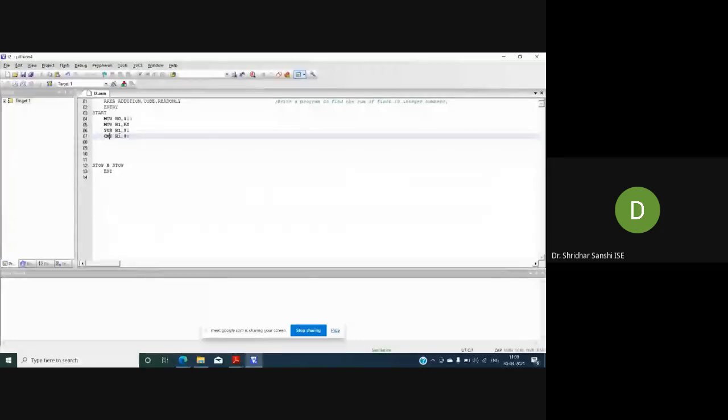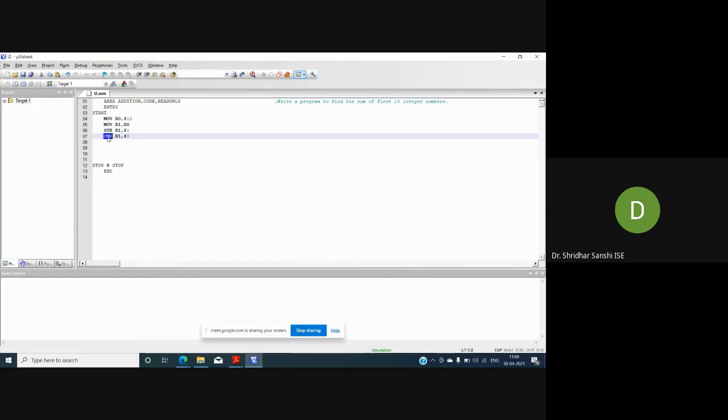What it will do is subtract 0 from R1 and compare, bit by bit, the value of R1 with the value of this 0. If it is the same, then you will get equal, so the corresponding flag will be set. Otherwise, the corresponding flag will not be set.